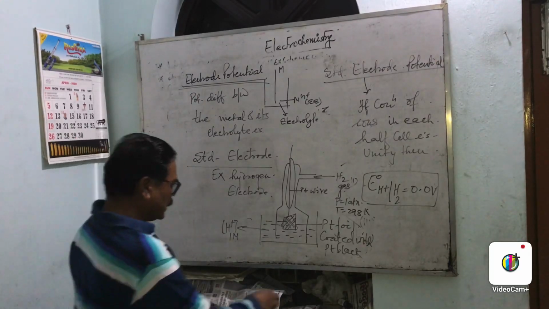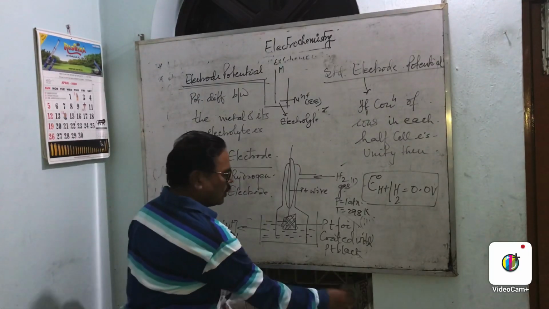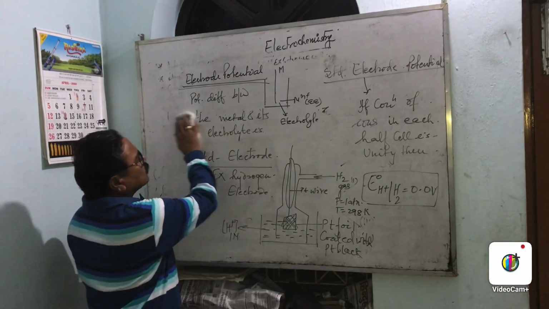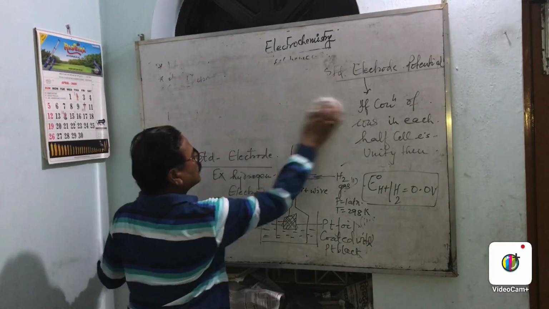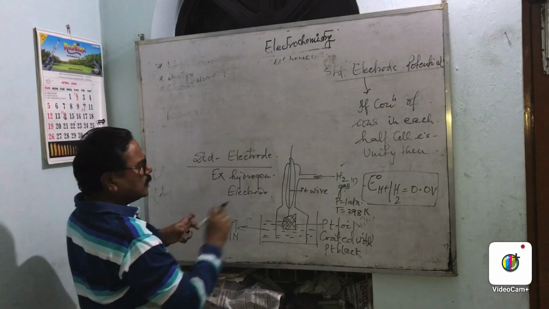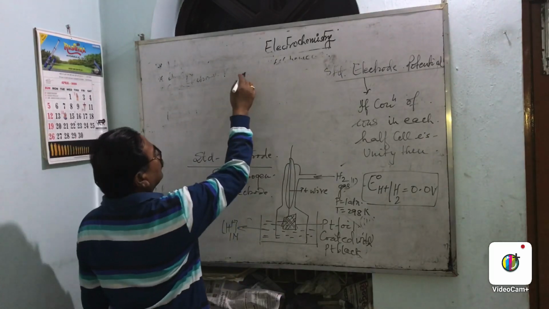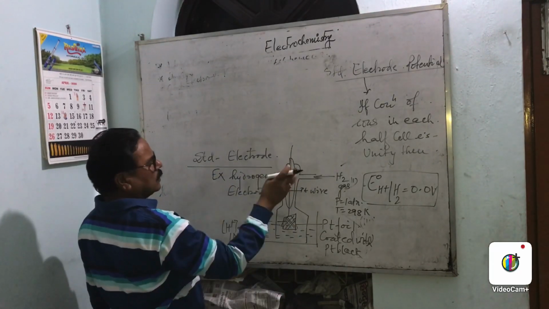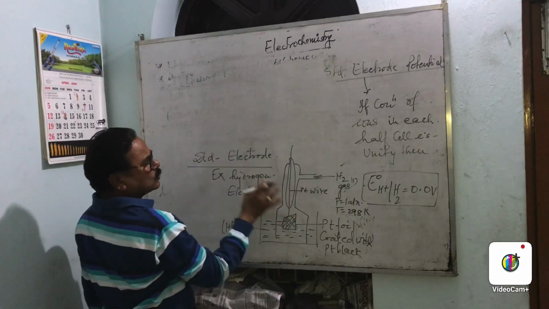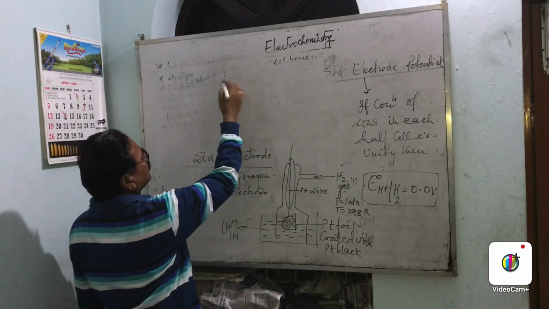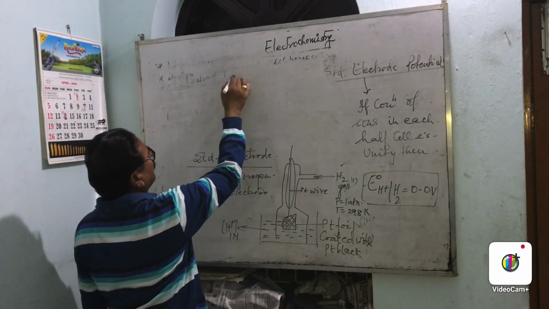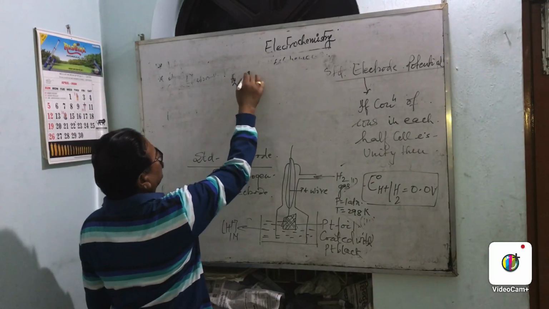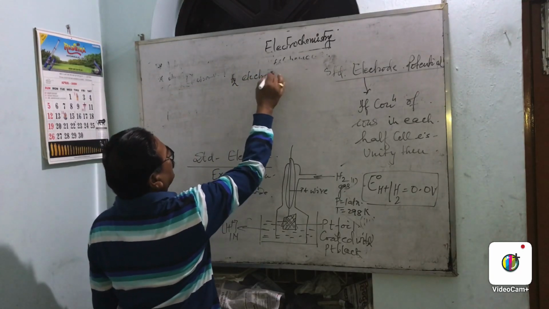Now, this is the reference electrode, whose electrode potential is known, now used to determine, suppose we take here this hydrogen electrode, simply we can write it acts as